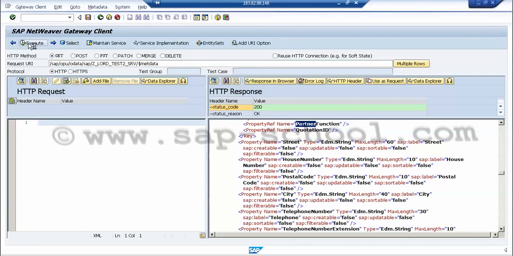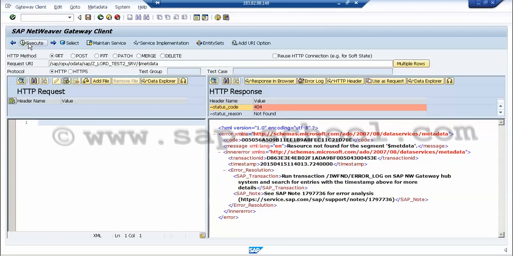We can click on the execute now. Okay, so I think I have given the wrong name or something, so let me check that. Okay, so I have given the spelling here wrong, so we have to give the metadata.